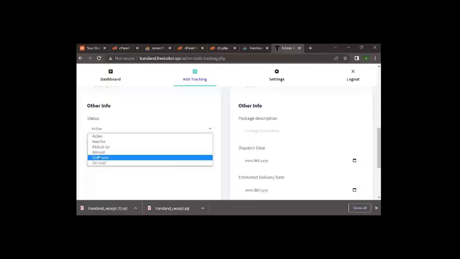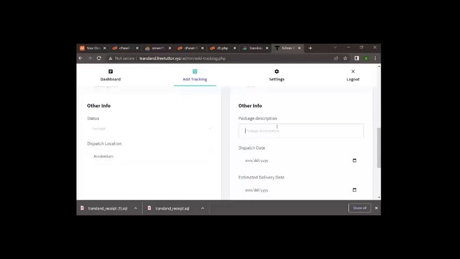So whichever one you want to use to describe the status of your package at the time, you can just come and pick it. I'm going to click on hold. Dispatch location, and package delivery, let's say